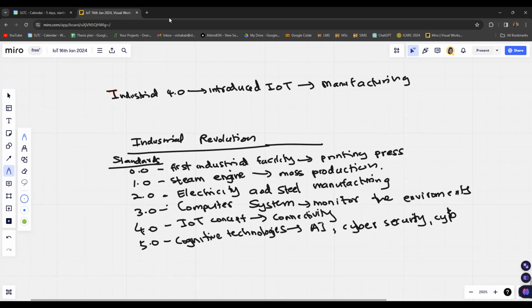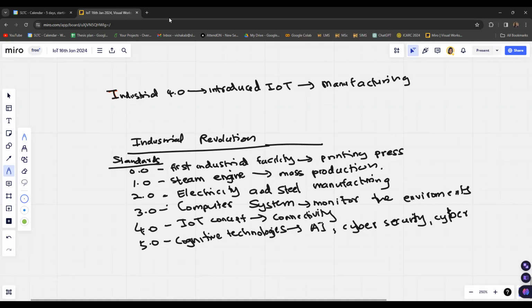Under the 5.0 standard, the IoT operation will be handled by AI-based systems, and these systems will be very human friendly, such that human and machine communication will happen very smoothly. However, I think cognitive technologies based Industry 5.0 is still being developed, and research work is still going on related to that.